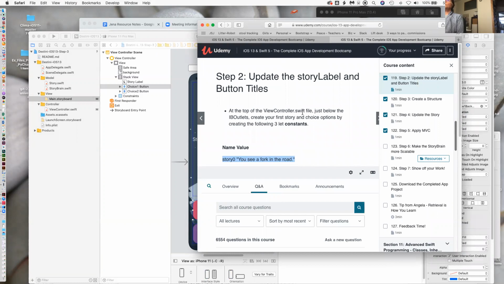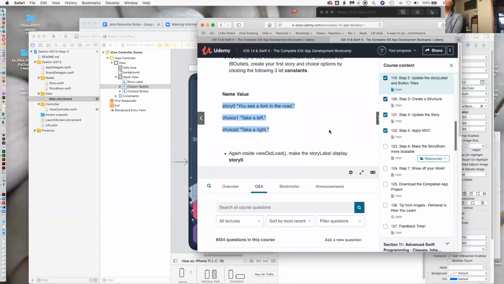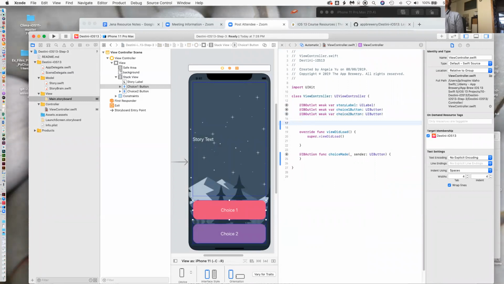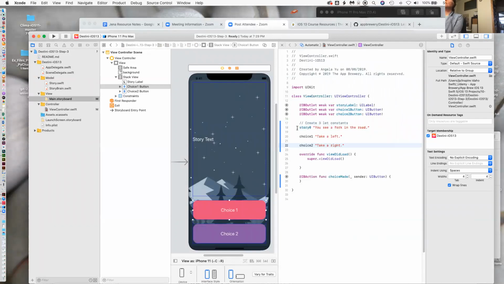Okay, so the next thing we're supposed to do is, at the top of the ViewController.swift file, just below the IB outlets, create your first story and choice options by creating the following three let constants. So I see this is the job we're supposed to do, so I'm going to copy it, and then go over here because she wants us to put it just below the IB outlets, which is the normal place you would put more variables. I'm going to write a pseudocode note to myself that says create 3 let constants, and I'm going to copy and paste those 3 things. Of course, Swift isn't going to like this, but